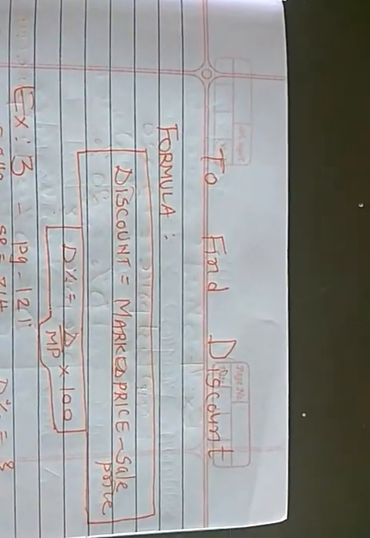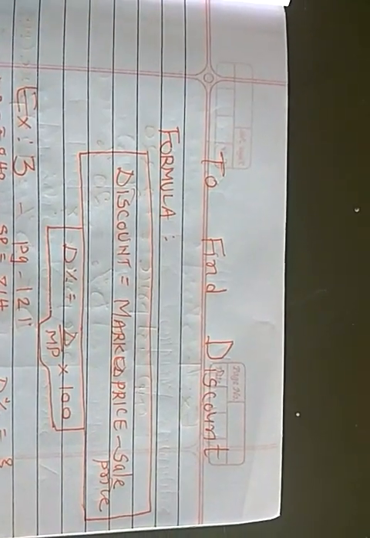Now the next topic is to find discount. Generally in our daily life, in Diwali time or nowadays every day, we see sale discounts, 10% discount, 20% discount, like that. Percentage is always counted on 100 rupees. Suppose an item is 100 rupees, and if you get 10% discount, the final price of that product is 90 rupees, since 10% means 10 rupees. So 100 minus 10, you give the amount 90 rupees.